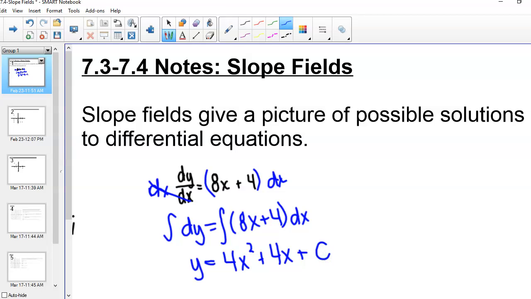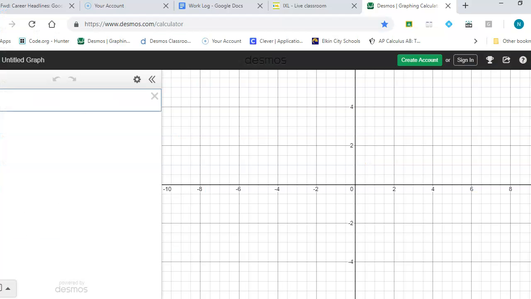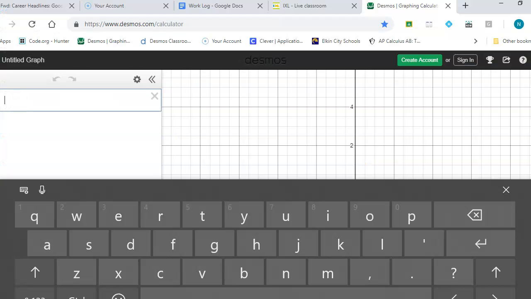So when you solve a differential equation, you really get an infinite amount of answers, because right here this plus c tells us that we could add any number to the end. So if we go to Desmos real quick and just look at this,